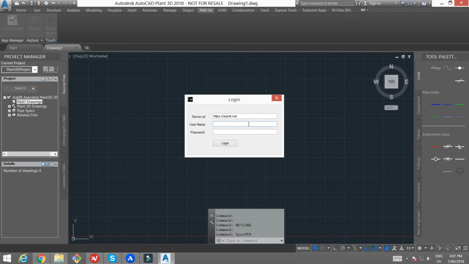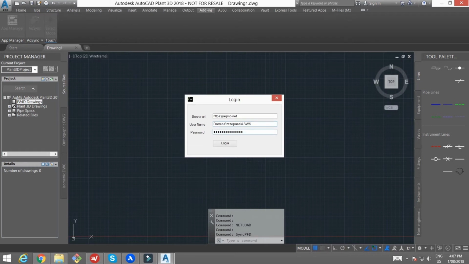You have to be an enabled Plant3D user, and you have to have access as a Plant3D user to a particular project. But I've set this up for myself, so I will go in here and put in